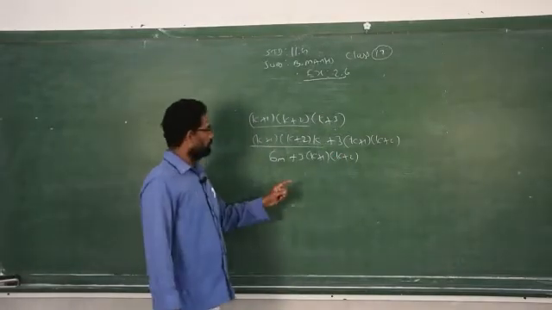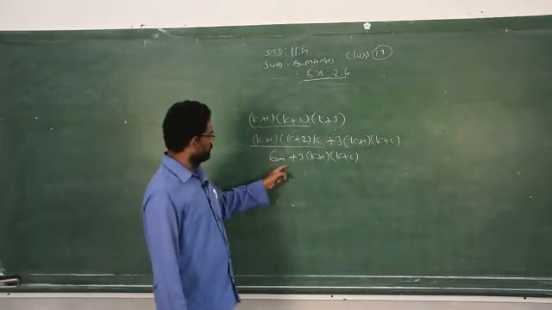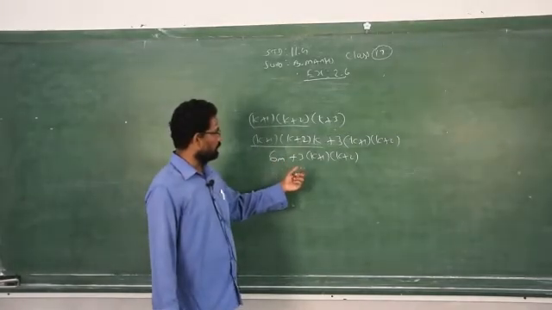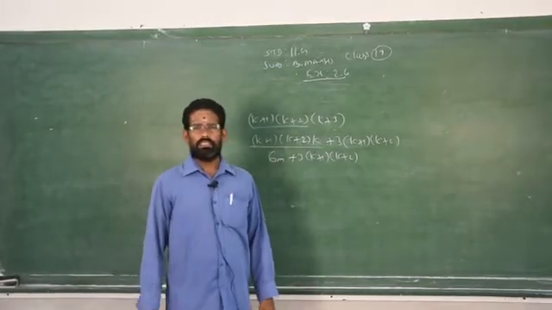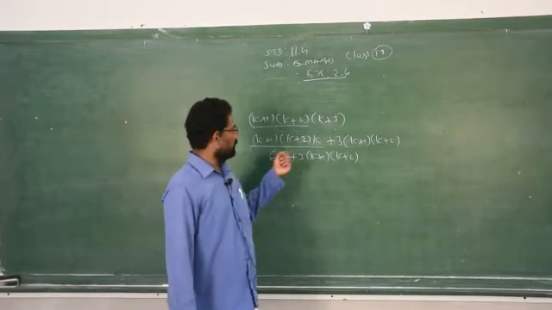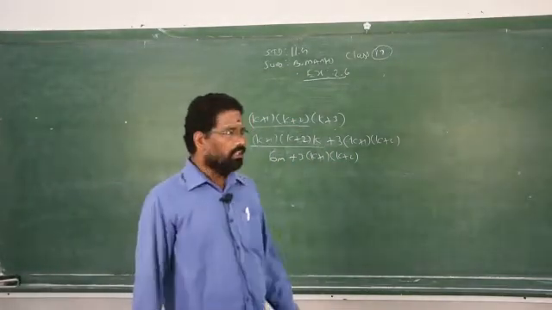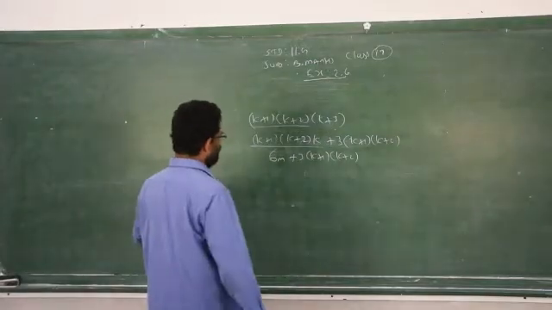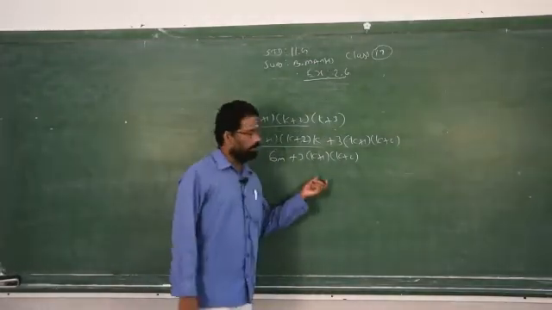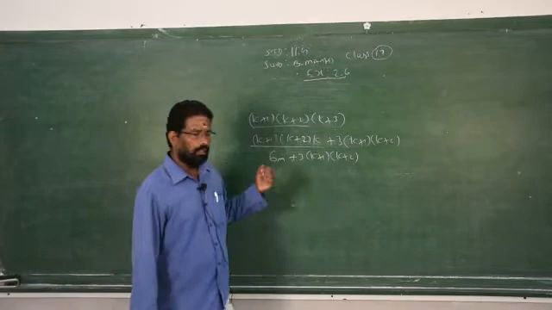So if you replace, the first term is divisible by 6, but we don't know whether the second term is divisible by 6 or not. So how to find out? Just replace k by any natural number. If you replace k by any natural number, the result will always be divisible by 6.